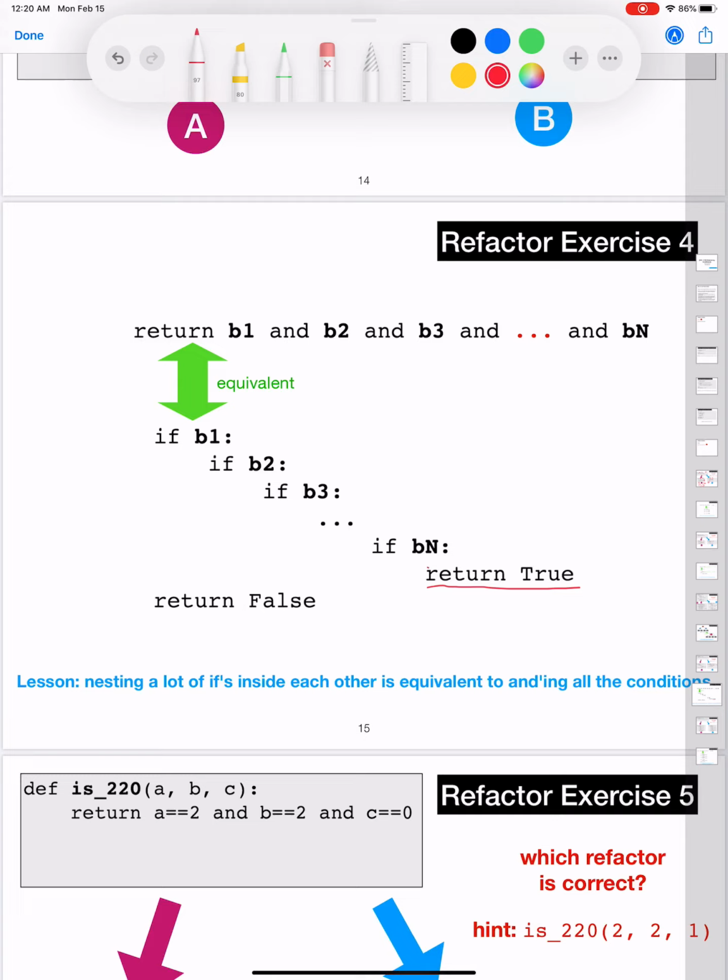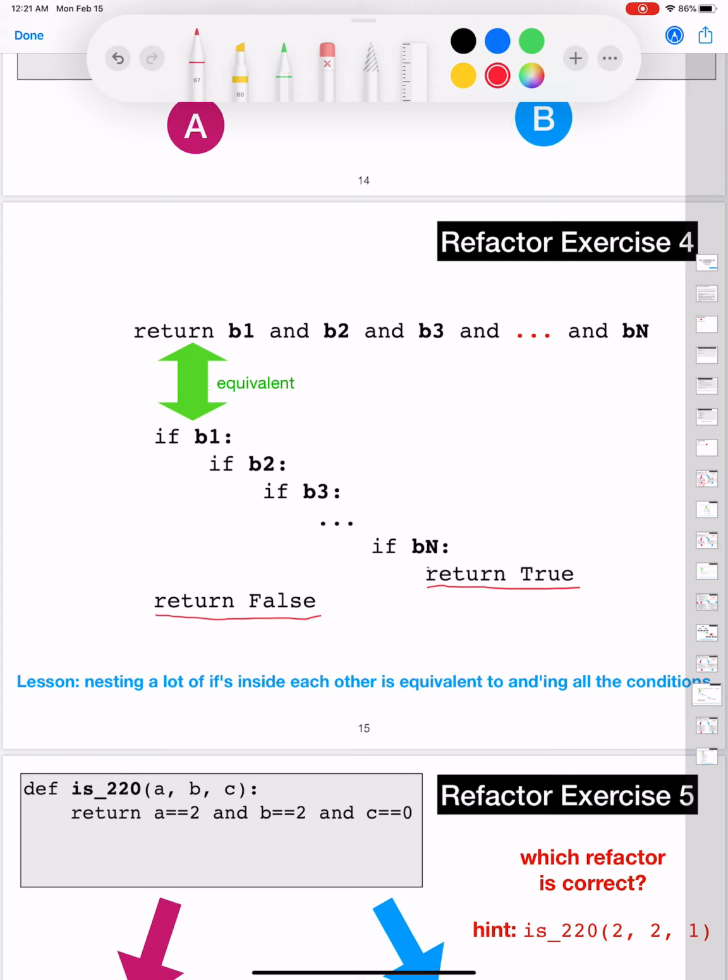So this particular conditional will return true if and only if all of the Boolean expressions here evaluated to true, correct? Even if one of the if conditions here fail, then you're going to return false, which is the expected behavior that you need to have when you have a series of Boolean expressions separated by an AND.